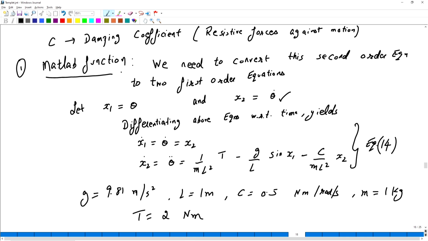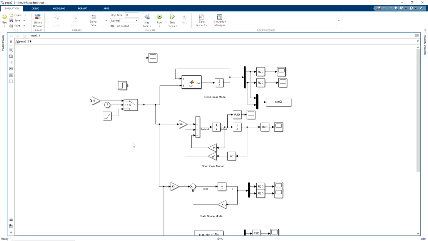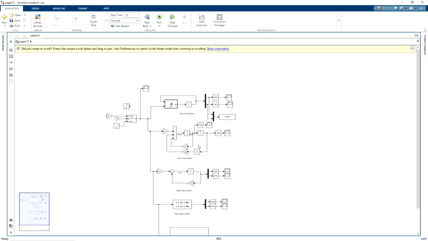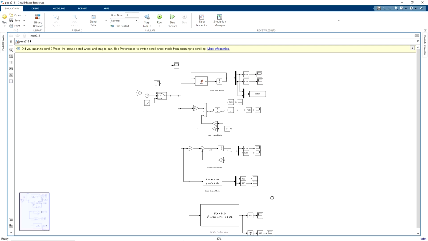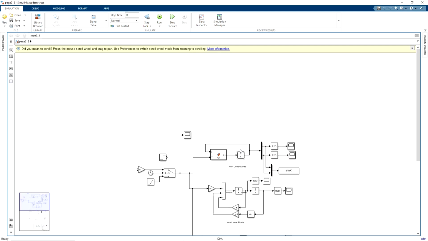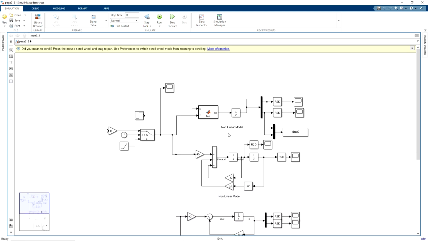Now let us jump to Simulink. I have already modeled here and plotted the position and velocity using different methodologies. What we'll do is we'll reproduce the results using these Simulink blocks. So I'll start from scratch.